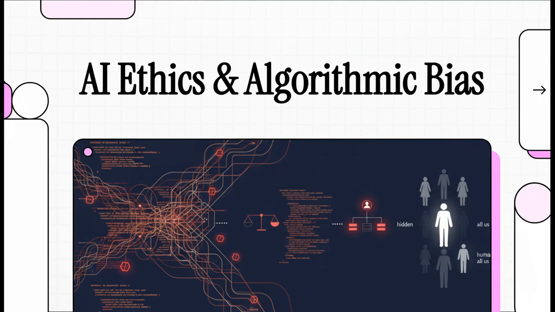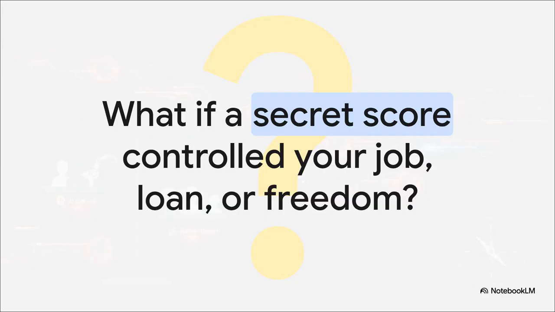Welcome. Today, we're diving into the hidden world of algorithmic bias. It's a place where invisible lines of code are making huge, life-changing calls about every single one of us, every single day. Sounds a little like sci-fi, right? Well, for millions of people, this isn't some far-off what-if. It's their reality, right now, all shaped by AI. These secret scores are real, and believe me, they are changing everything.